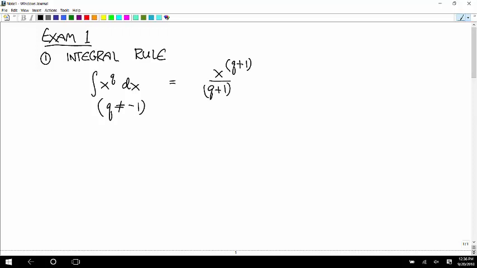A lot of people did this wrong, and I actually didn't take off points for it because I think the reason people did it wrong originated in a solution that I had where I did it wrong, where I multiplied instead of divided, but you have to divide. So I just want to get that straight. Okay, so for example,